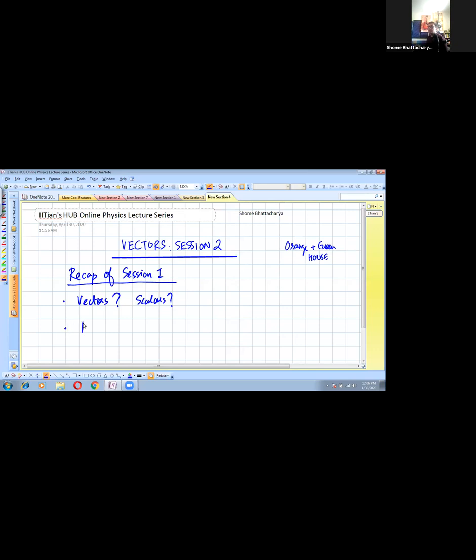Then we saw notation about vectors. So we saw that this symbol, still have some people who are in the waiting room. So